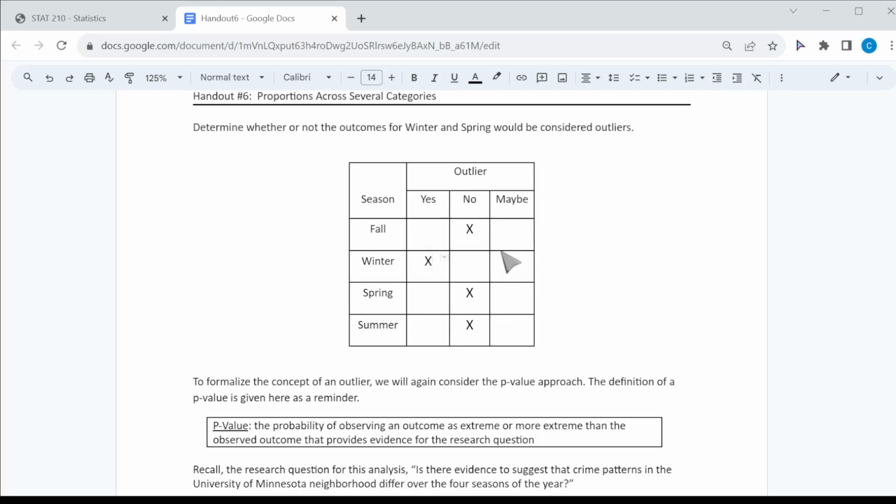all 4 seasons. And we talked about in class that the fact that 3 of them were at no and 1 of them was at yes makes it difficult to try to make an overall decision. So if you went with the majority rules here, you would say no, because 3 of the 4 seasons were not outliers. The other thing that we could do to make this more formal is compute p-values for each of